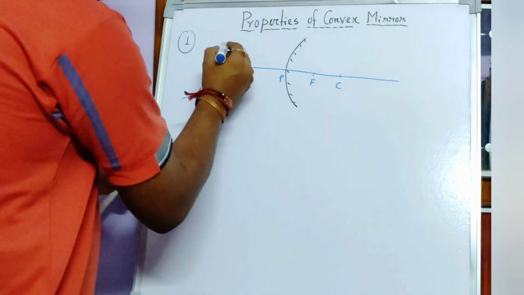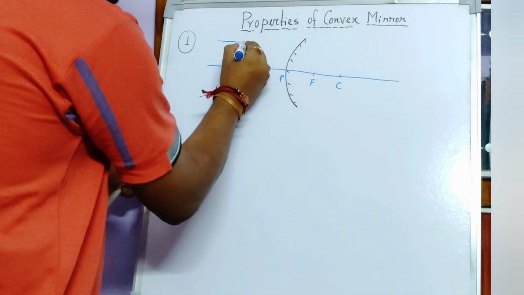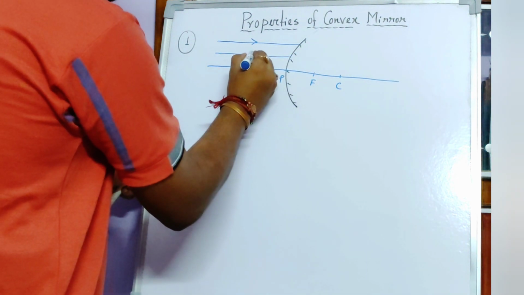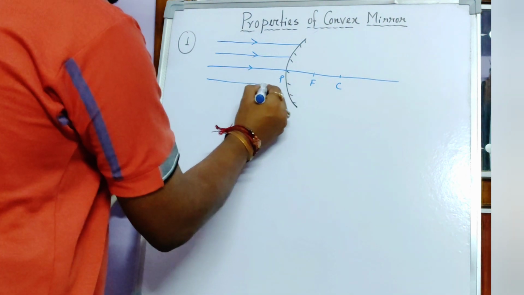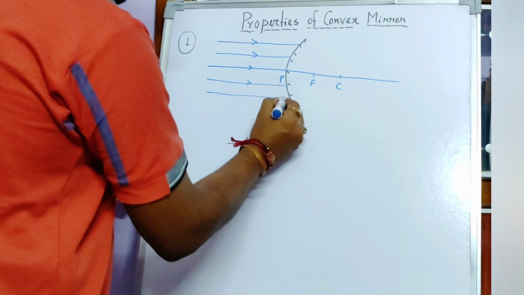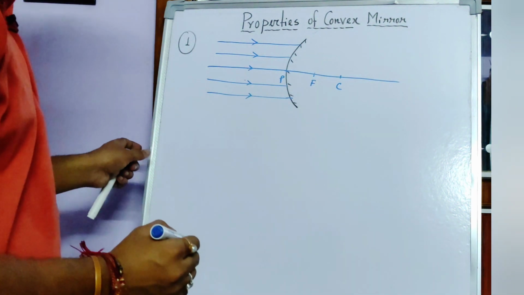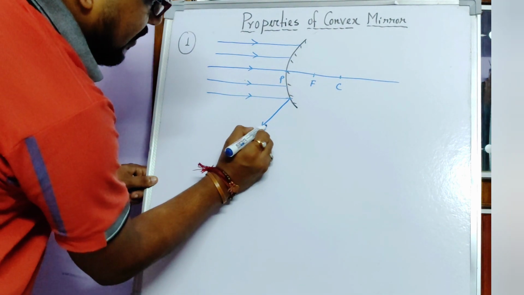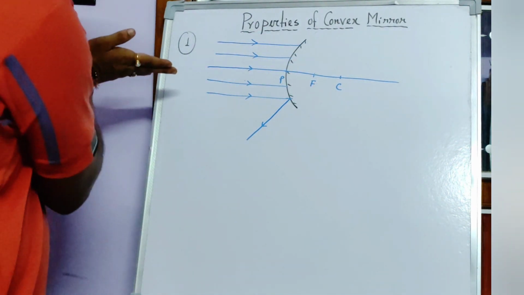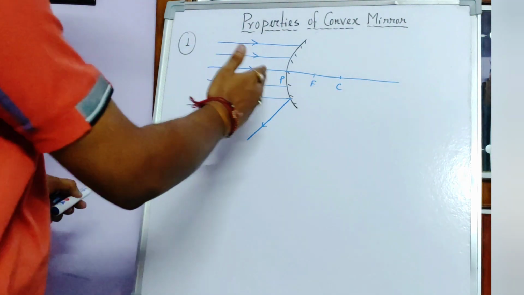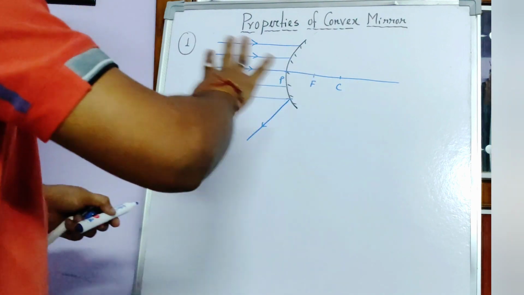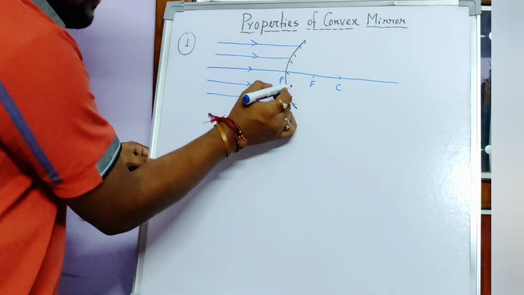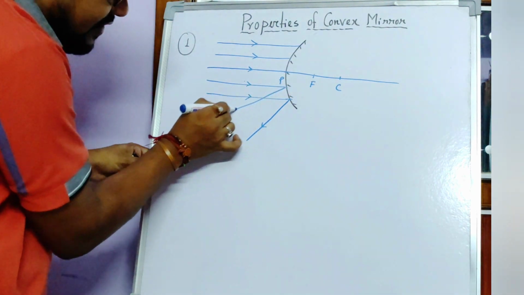So this is the first ray. I can draw the parallel rays which are parallel to the principal axis. These are the parallel rays, which are parallel to the principal axis. After reflection they will go in this way. Let me show you this. They will be going like this because the curve is like this only. So if a ray is going, it will be coming like this. It cannot go right side because right मतलब वो पूरी पीछे है, मिरर के पीछे कोई लाइट नहीं जा सकता है, right? So for this case you can say like this.